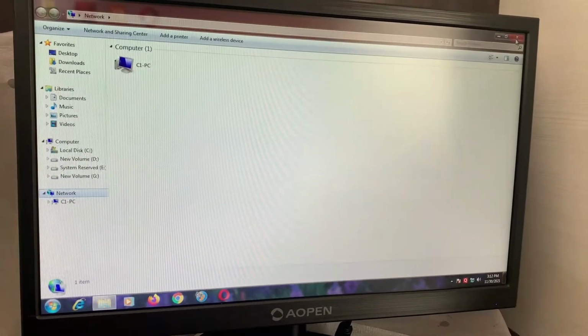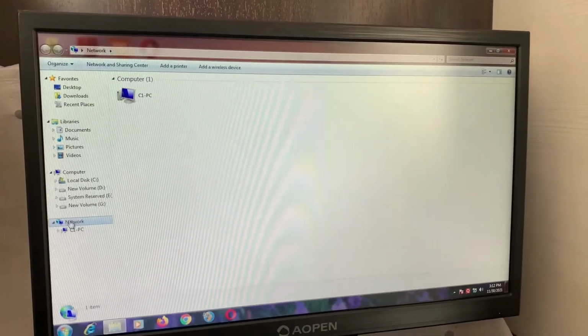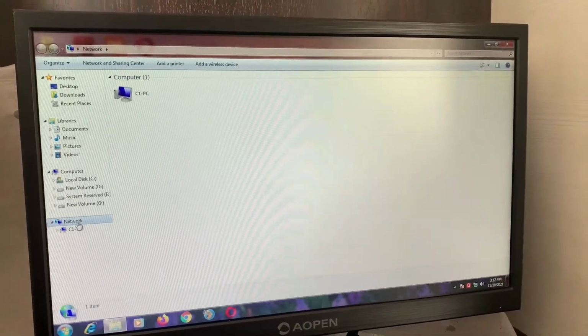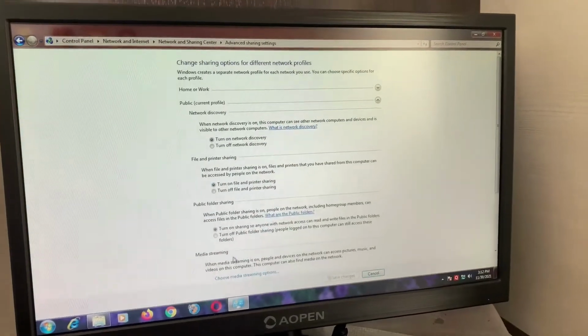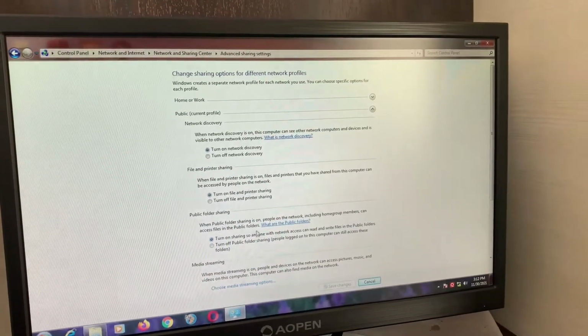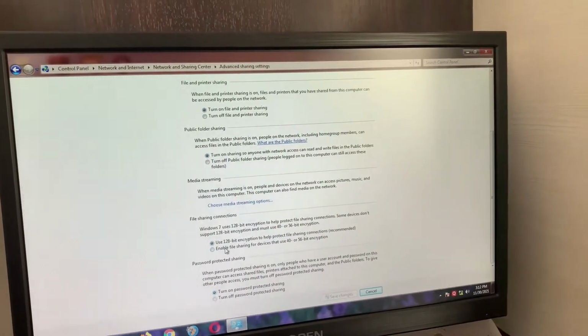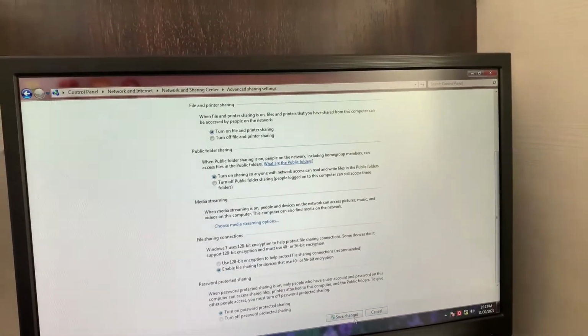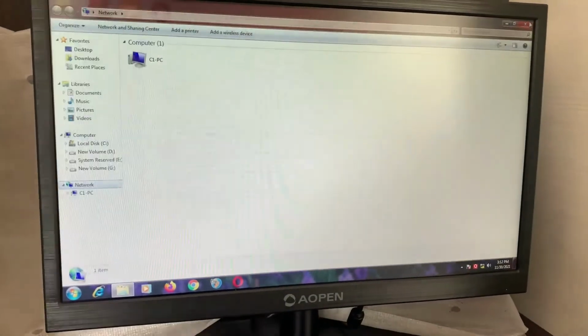There you have to select not 128-bit sharing, just file transfer and printer sharing. Enable file sharing for devices that use 40 to 56-bit encryption. Okay, yes.